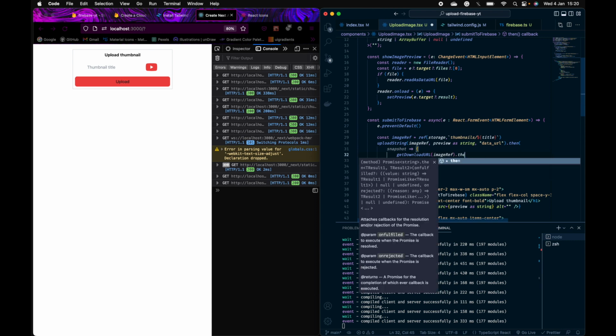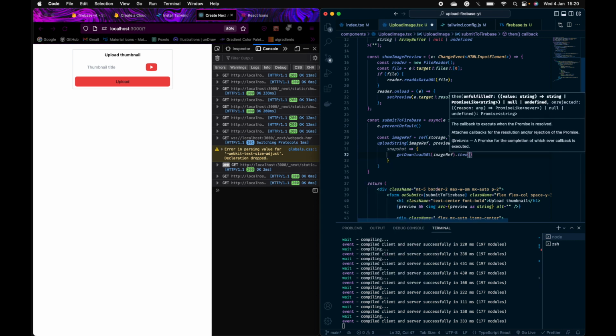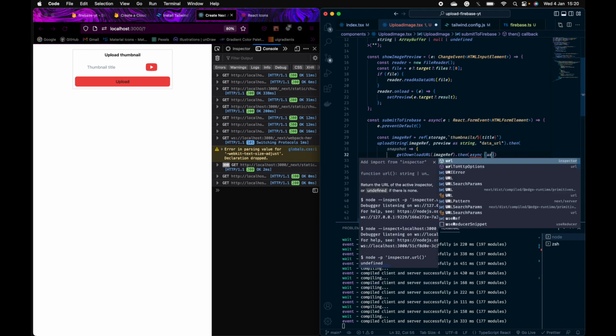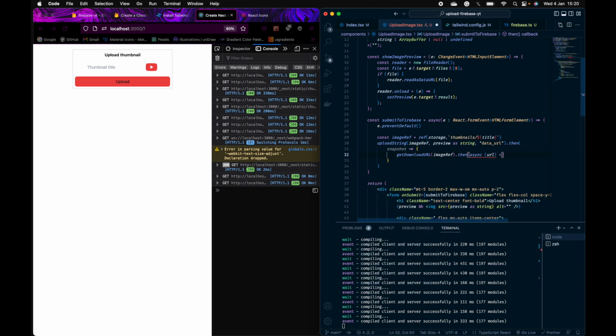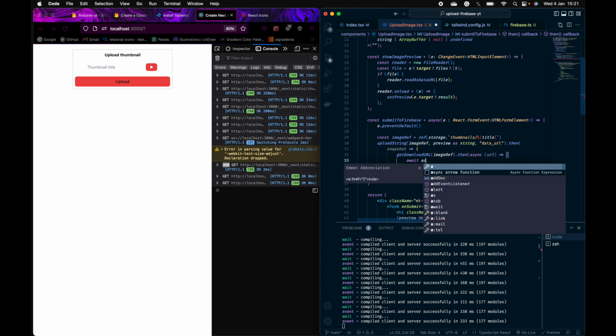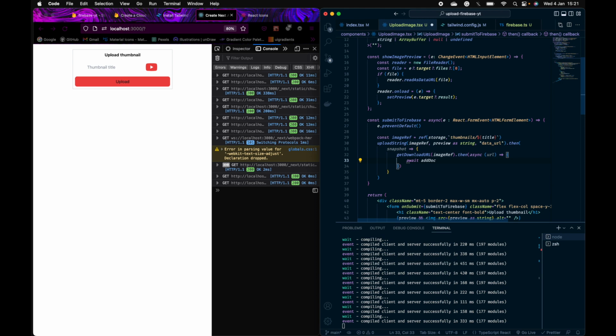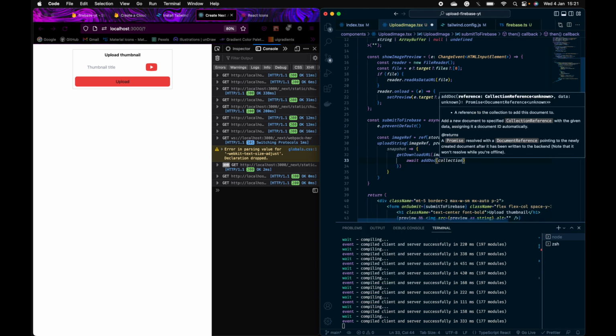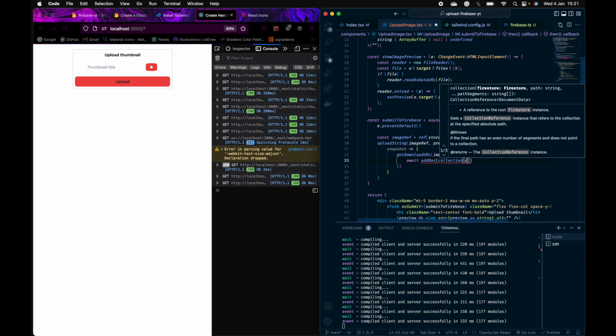After this, and this is quite long, this is for saving it in our Firestore, not storage but Firestore database. Async URL, so that we can access it, so that we can actually call those images here. So with the URL, what I will do is add a document, make a collection in the DB database. We'll call the collection images,